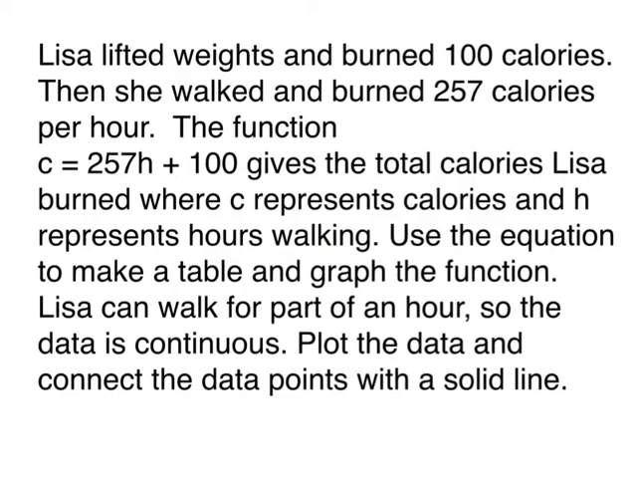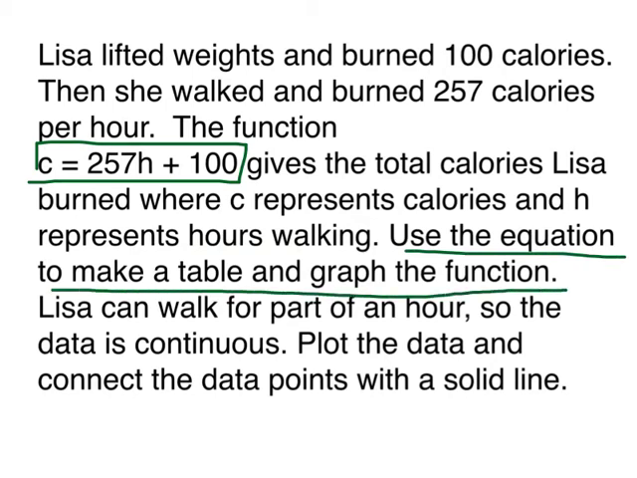Looking at this one, it says Lisa lifted weights and burned 100 calories. Then she walked and burned 257 calories per hour. The function C equals 257 times the number of hours plus 100 gives the total calories Lisa burned, where C represents the calories and H represents the hours walking. Use the equation to make a table and graph the function. So we're going to start there. This is my equation, and we're going to use it